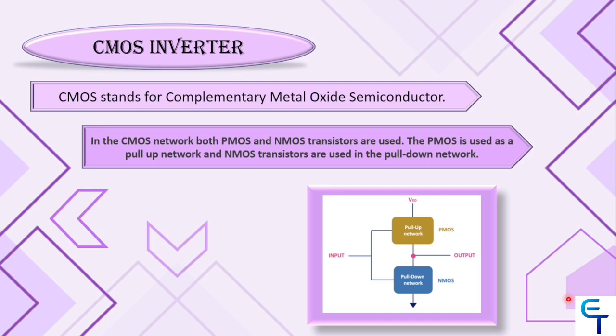So basically, a CMOS network is made up of PMOS transistor and a NMOS transistor. PMOS transistor is used as the pull-up network and NMOS transistor is used as the pull-down network. Coming to the working of CMOS inverter,